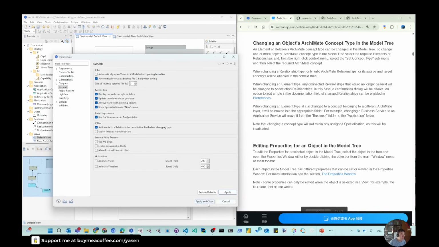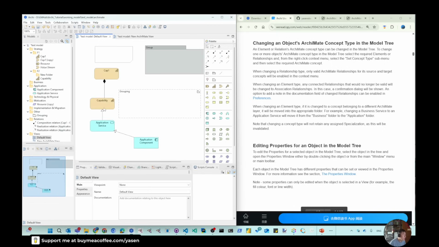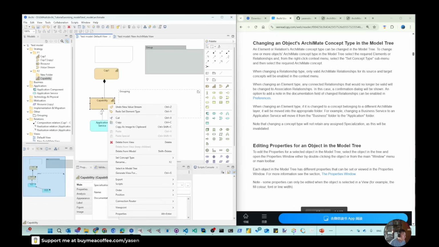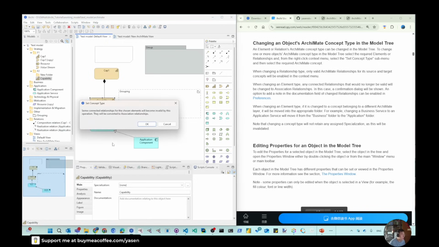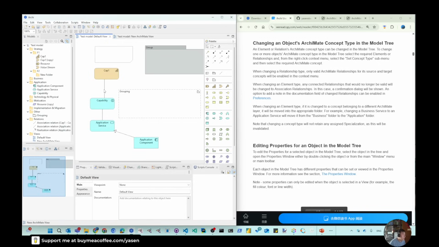So when I apply that, now if I change this, here is the realization, here is the composition. So I change that to interaction. These two go back to association. Now you get a hint. So the composition is changed to association, and this association is changed from realization, because